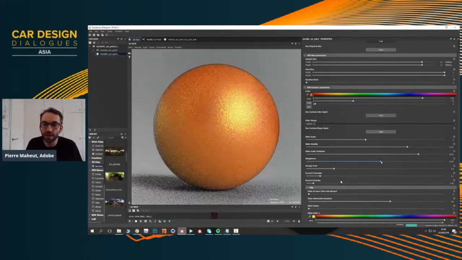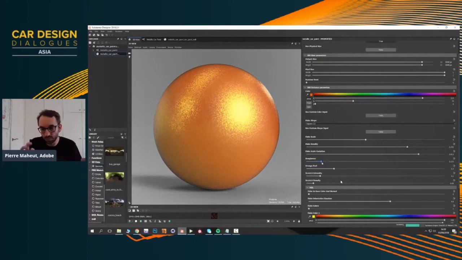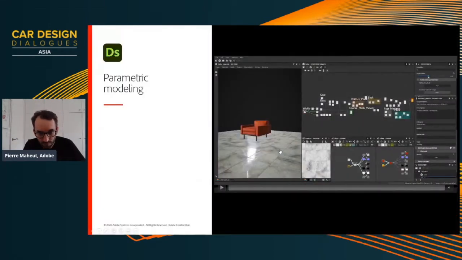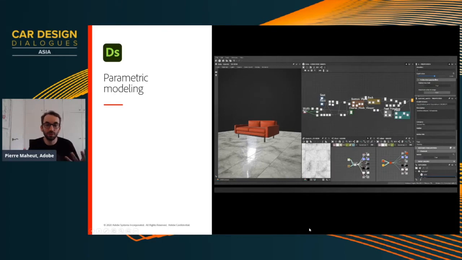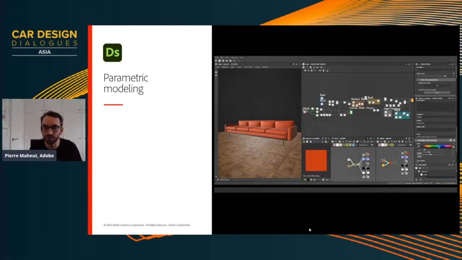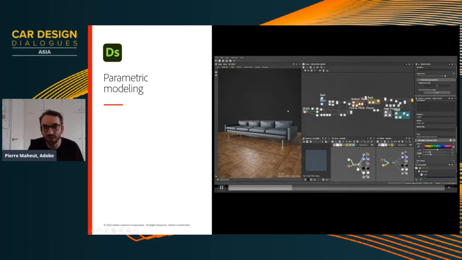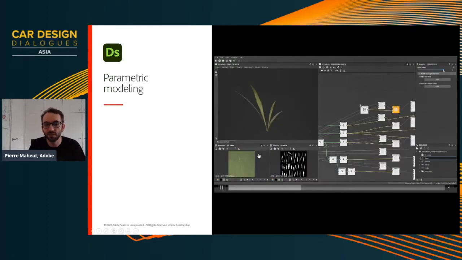But then you will have access to similar tweaks and parameters in VRED, in Unreal, in the different tools we are integrating in. Something brand new to Designer is the capability to do parametric modeling. So here you are manipulating a graph again. As you were doing for the materials, you can obviously combine the graph that is driving the models with some procedural materials. You can see here on the bottom, the parquet floor and the leather.